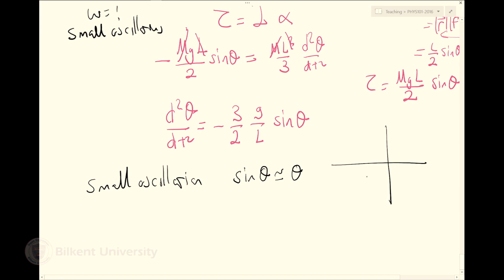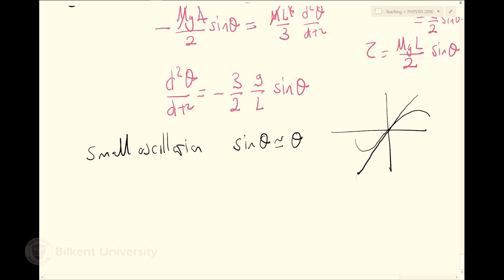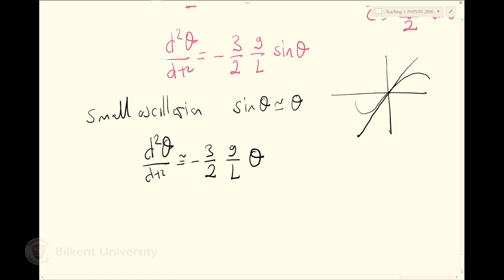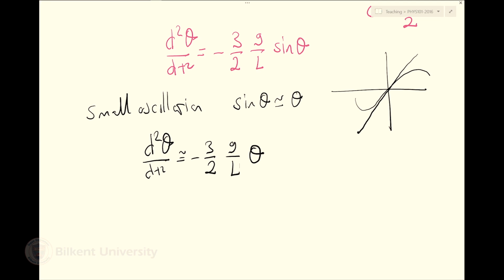In other words, when I have this function sine, I could approximate it by a line. In that case, d squared theta dt squared will be minus 3 halves g over L theta approximately. And now, this is the differential equation that I can